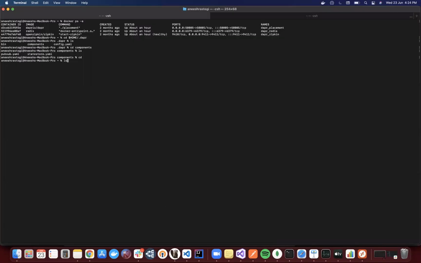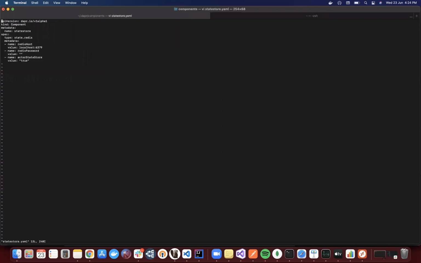I'll also show that directory which I talked about. I'll go here into home, .dapr, cd components. Now here we can see that these two YAML files are present by default when I install Dapr. And if I show you one of them, this is the state store and pub/sub file. I'll show you the state store YAML, which we used in this Node application approach.